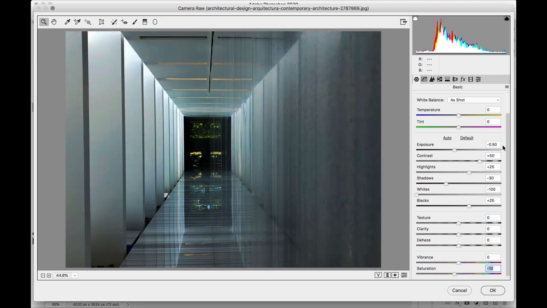So with the exposure at minus 0.5, that's allowed me to pump in some contrast after taking care of the very brightest and darkest. So sort of working from the outside edges of the histogram into the middle. That looks pretty good. So I'm going to